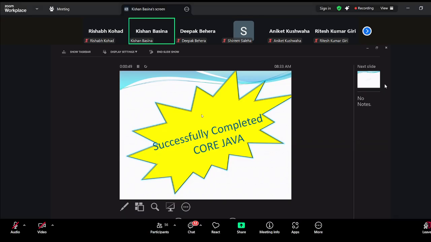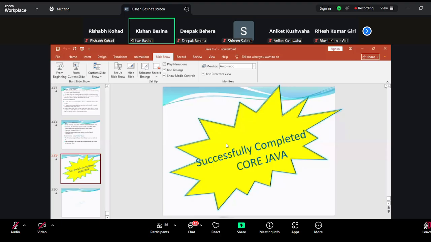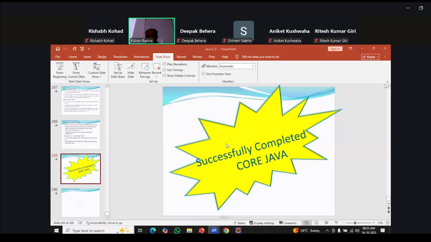So, guys, in the starting days of our core Java, I told you, just a second, let me try to switch on the light if possible, switch on all the lights. Okay, is it there? Okay,